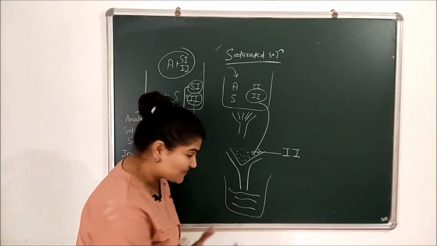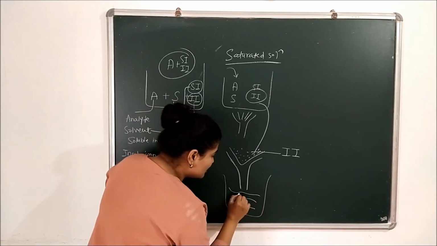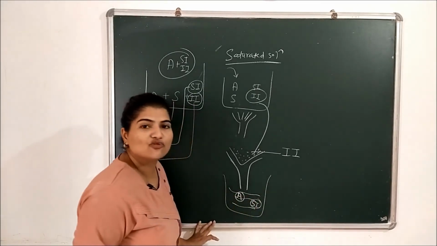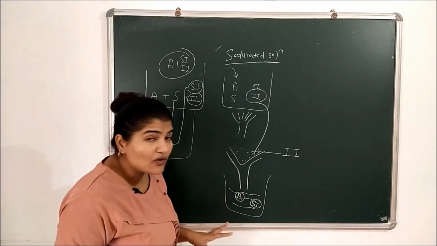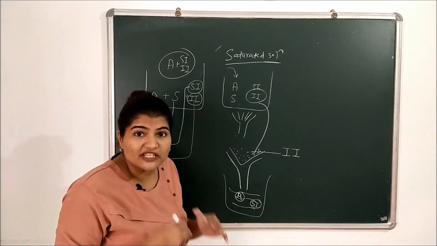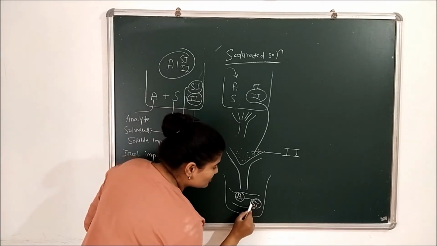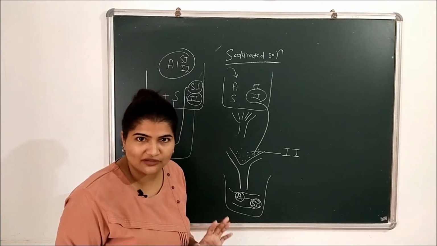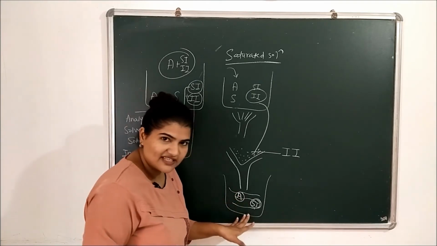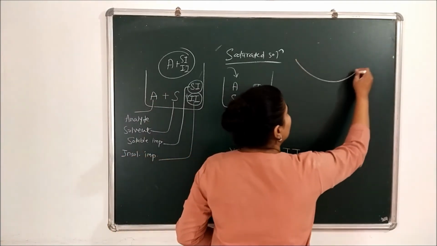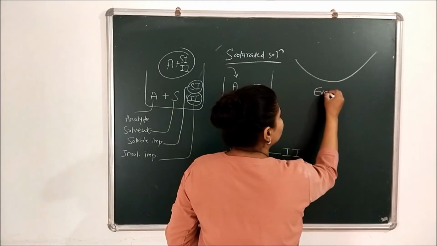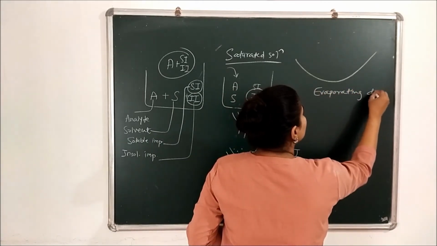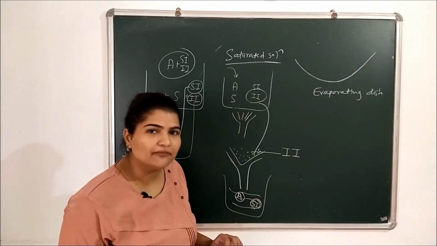So now in the filtrate, what you are having is your analyte and some soluble impurities dissolved in the solvent. Okay, now our next move must be to ensure that these soluble impurities are removed. So for that, I'll be pouring this mixture into a large evaporating dish, and I'll be allowing this mixture to cool down to room temperature or even below that.